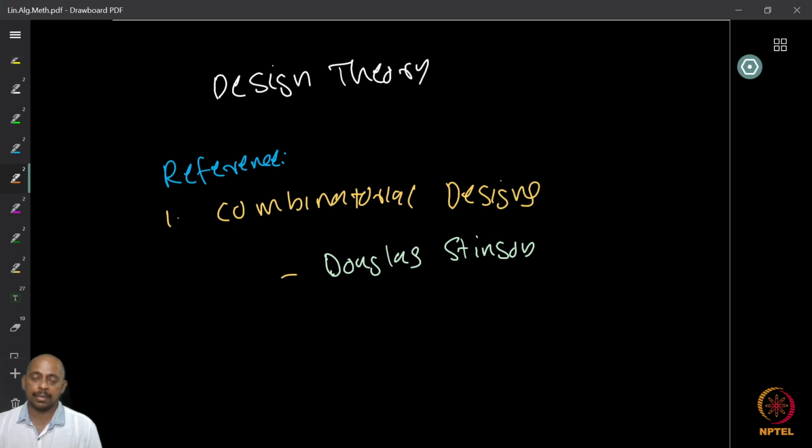Okay, so that's all, and now we go to look at these two topics that we wanted to look at: the linear algebra method and the probabilistic method. Yes, so that's what we are going to